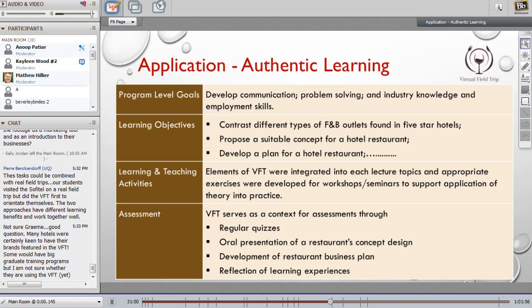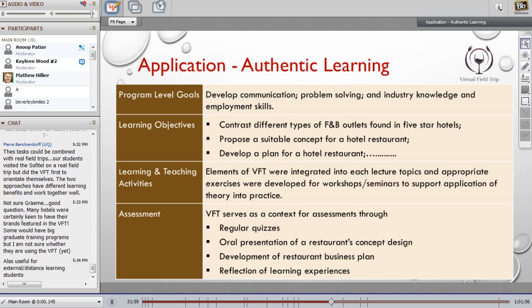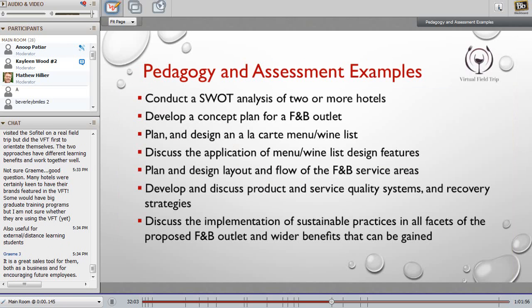And then the other assessment is the development of a restaurant business plan, and towards the end of the semester they also do a small piece of work where they reflect on the learning experience of the virtual field trip. So we feel that it satisfies all the authentic learning aspects.